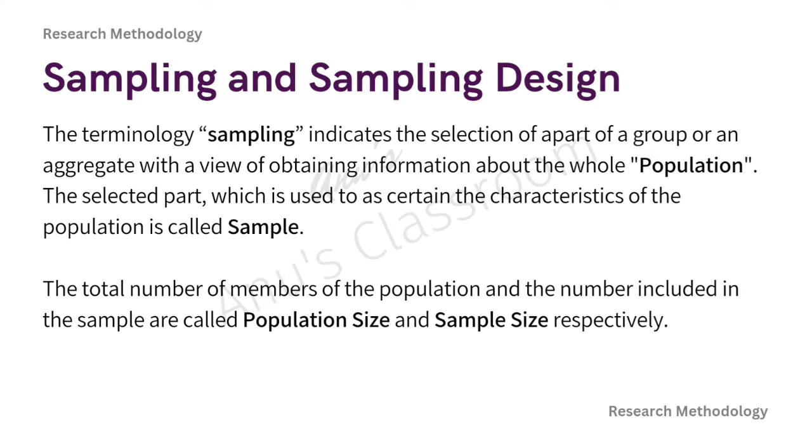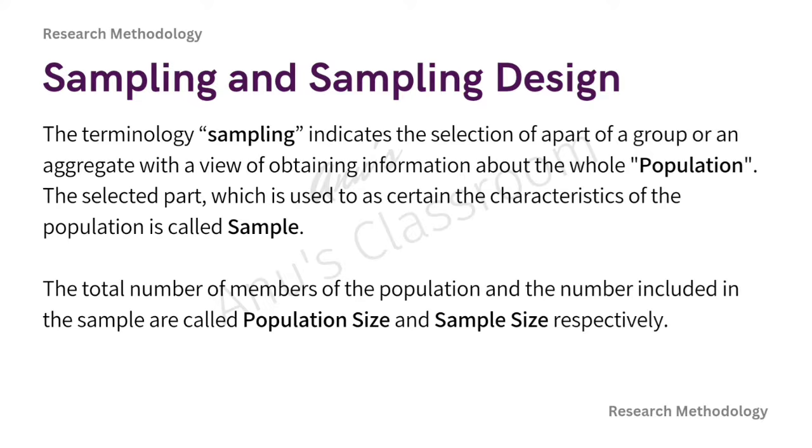So you get the sample from the sample counter. Maybe if it is a candy, you get a candy sample and you eat it. If you like it, what will you feel? If the sample is this good, maybe the actual product is also good. So when you go into the supermarket, if you like the sample, you might even get a packet of it, right? So the selected part, which has a certain characteristic of the population, is used to ascertain